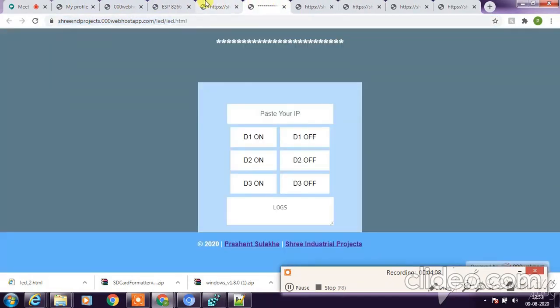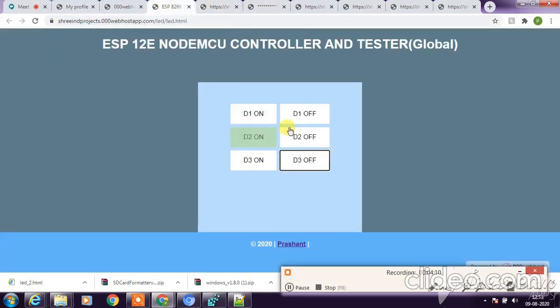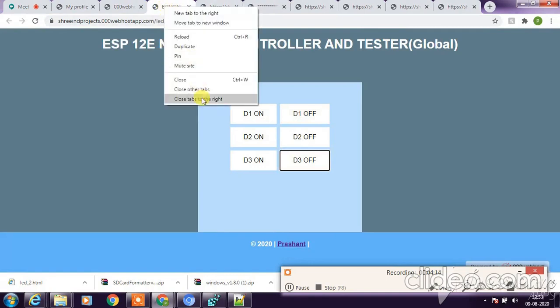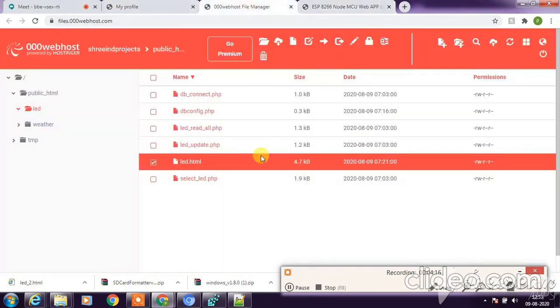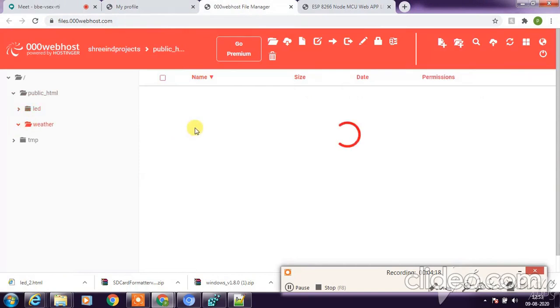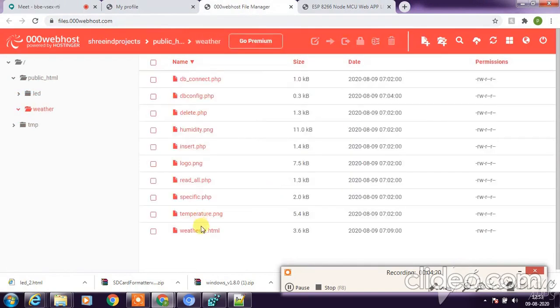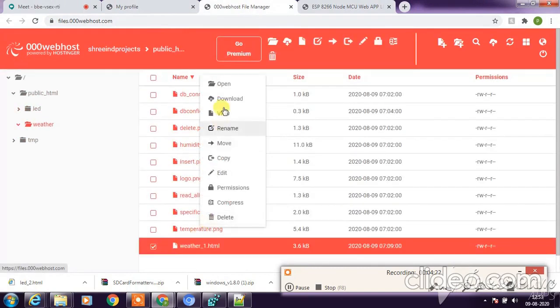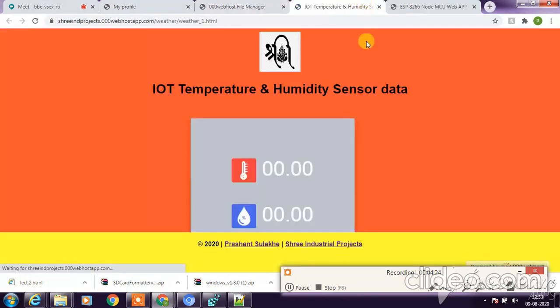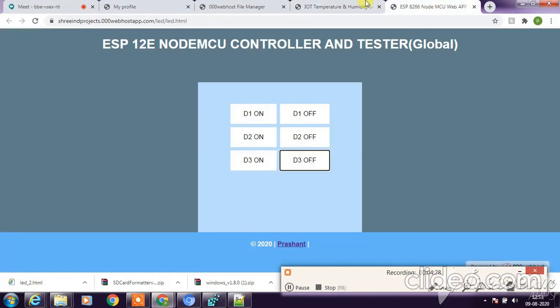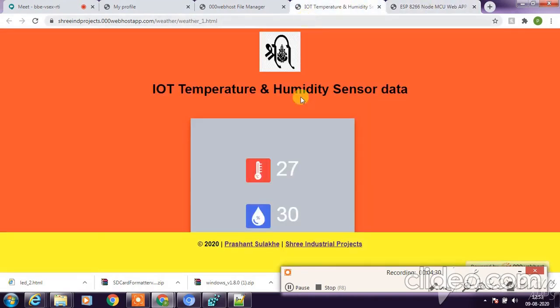So in both the cases it is working. We are able to see this thing. Plus I'll just go to the file manager. Go to Wedo and the temperature HTML code view. You can see I'm able to see this here also. I'm able to see this here also. Okay. Thank you.